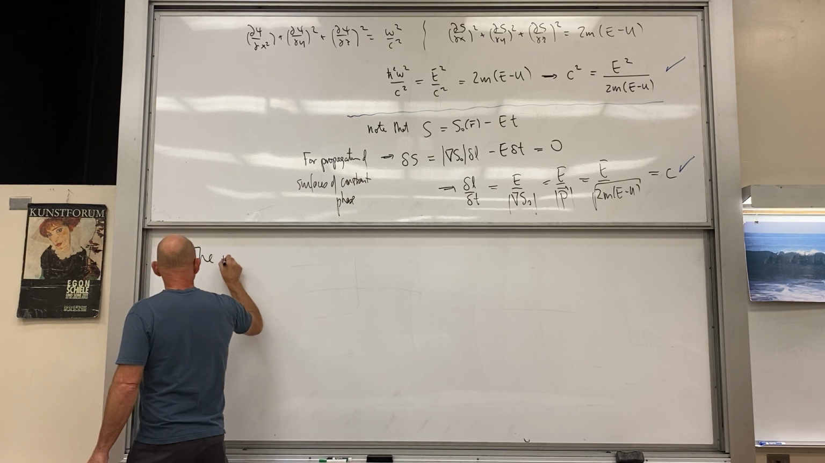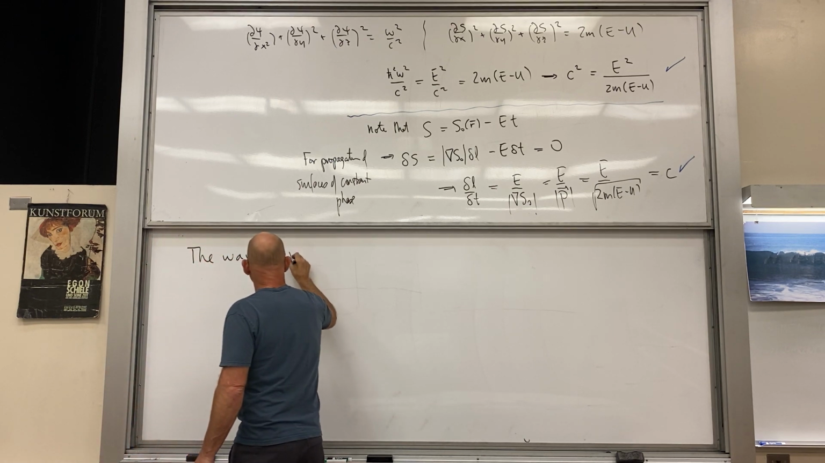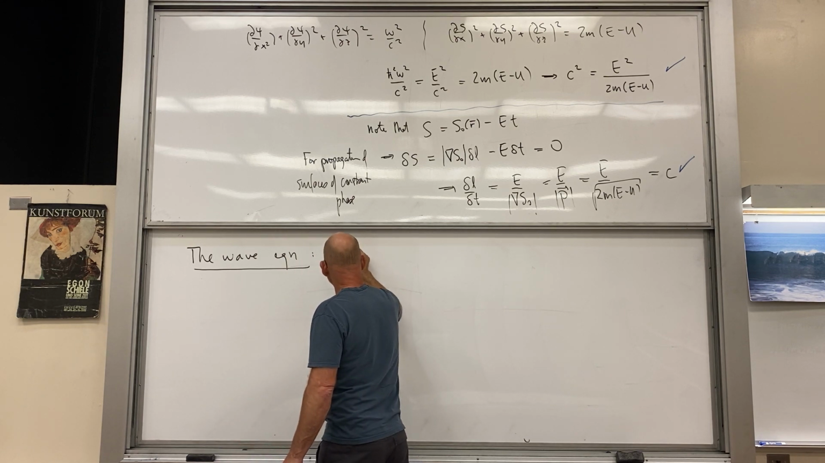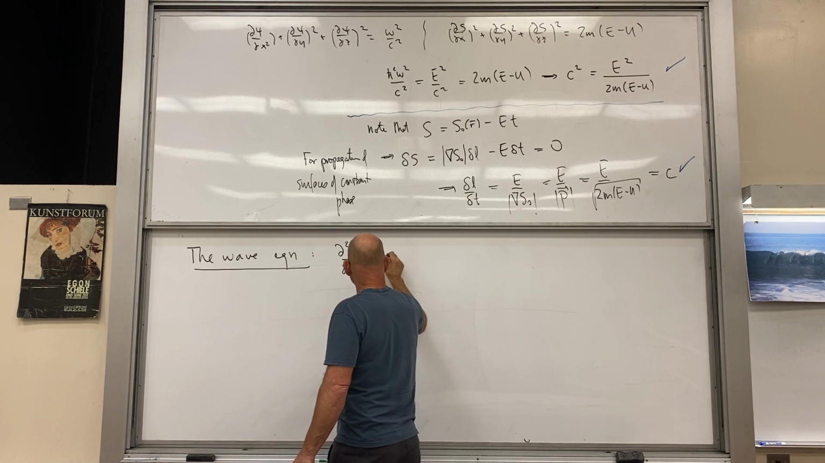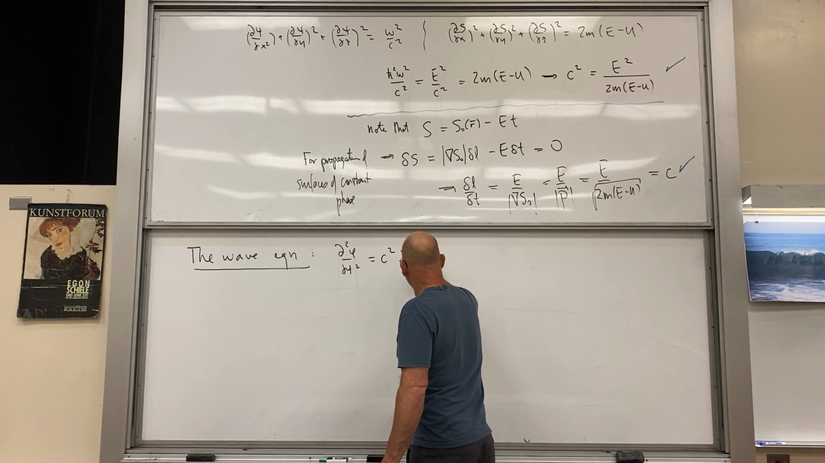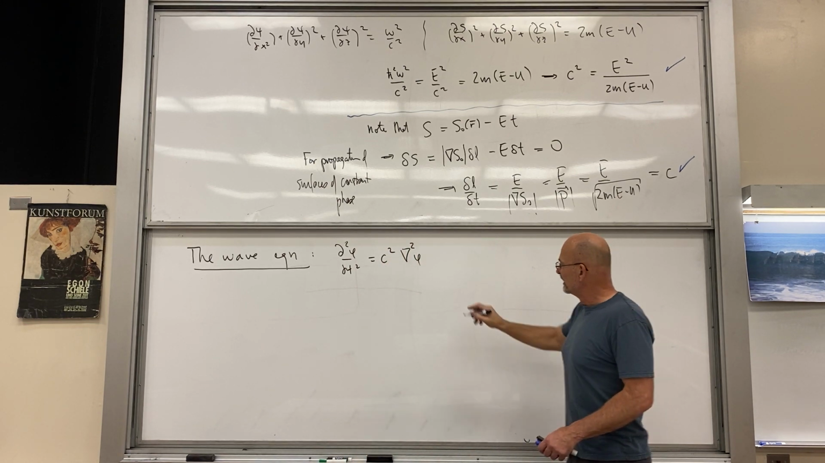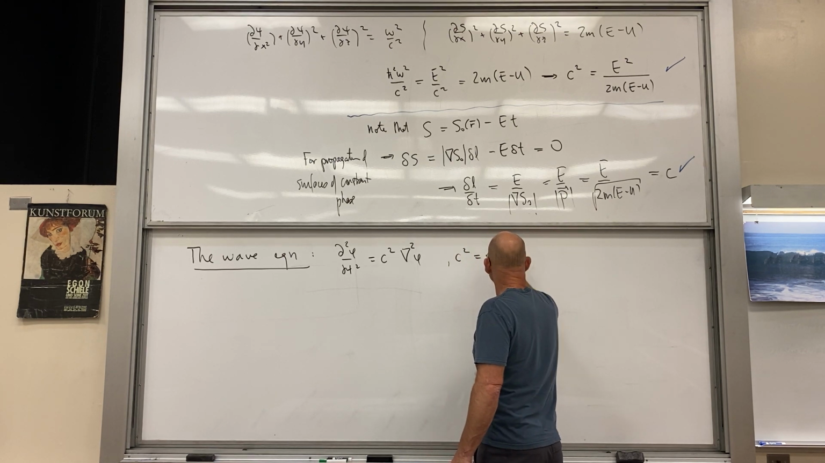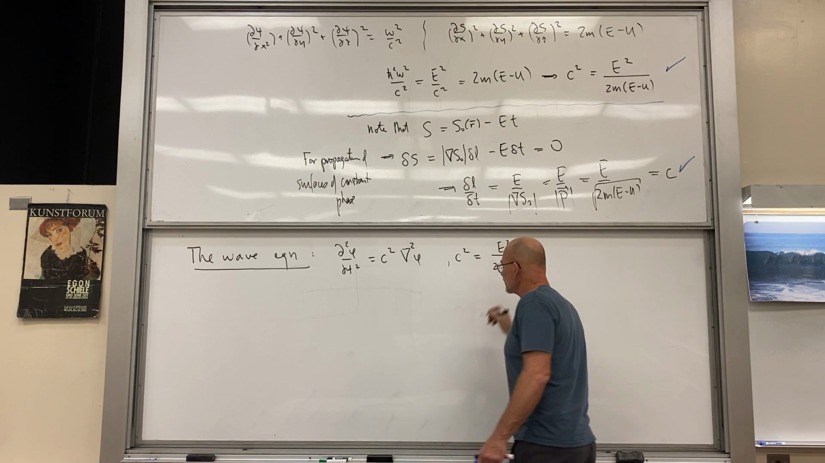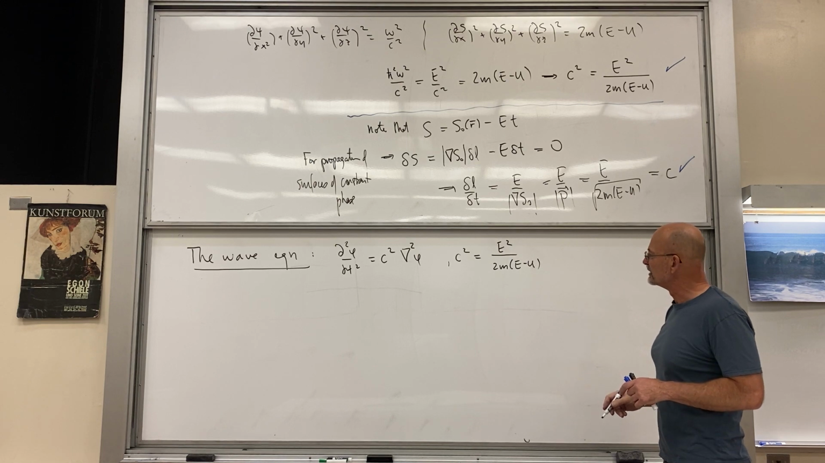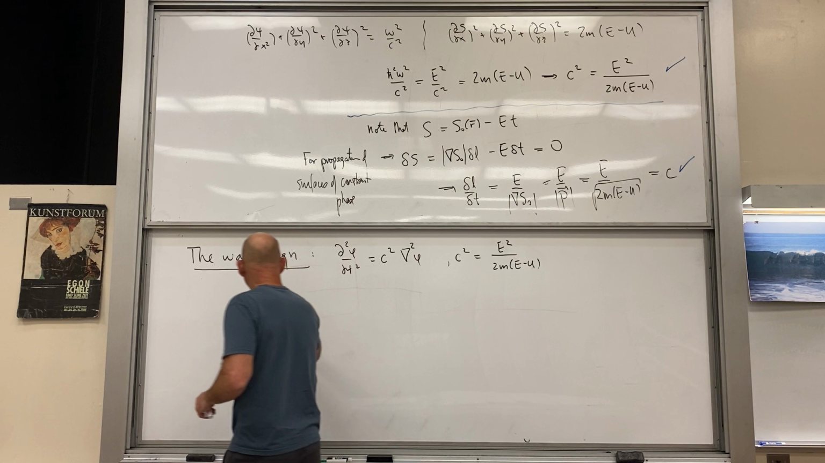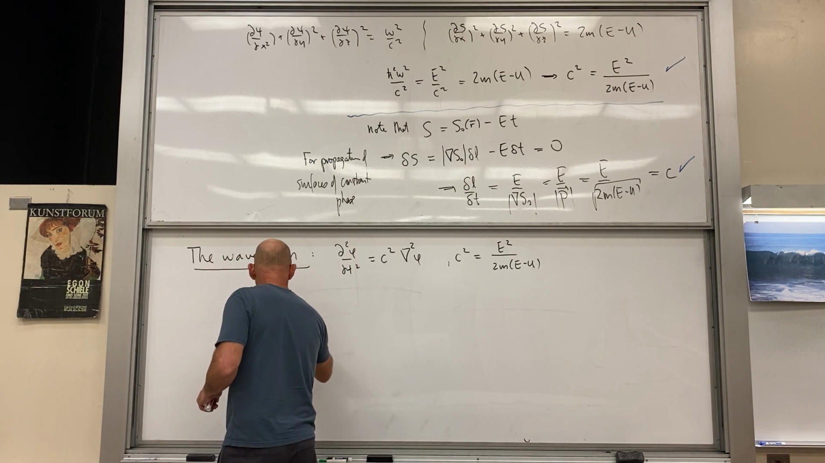The wave equation. We're looking for this: d squared phi dt squared equals c squared del squared phi. c squared is what we just wrote down, 2m(E minus U), but now we're making our wave ansatz. And for constant E, we're going to let phi